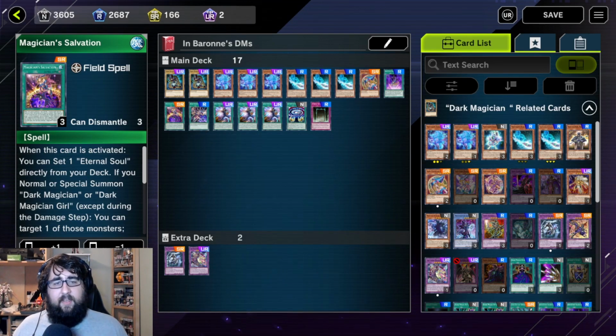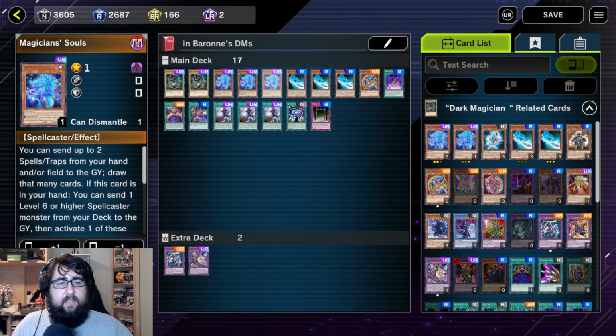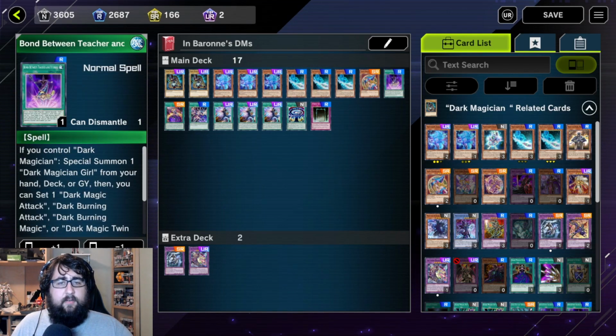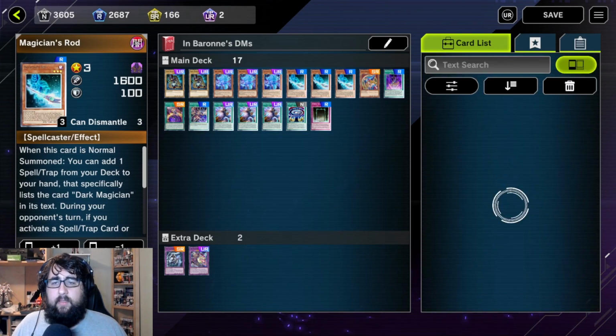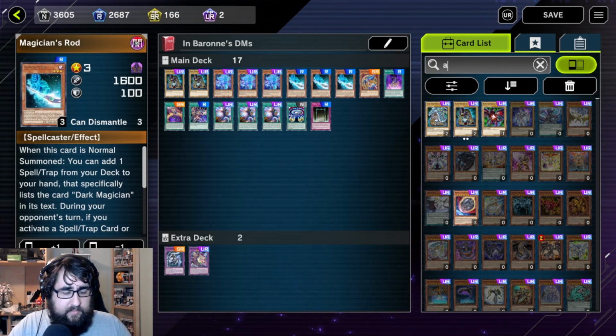That is the baseline of what we're doing in the Dark Magicians, which is grab this, use this to get this, to summon you, to maybe get another one of you on your next turn, or to cycle you back potentially, which if we're doing that, we need the fantastic...